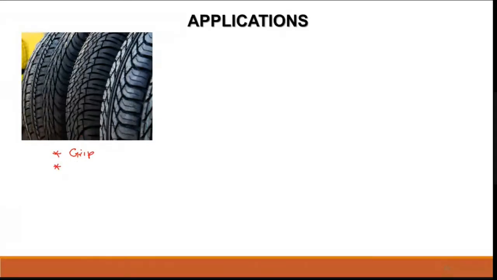So the shape itself is designed in such a way that whatever water particles get inside will escape from it. When your bike is riding in rain or in water, you need to avoid that, because when there is a water particle, there is no proper grip. Your friction is reduced.